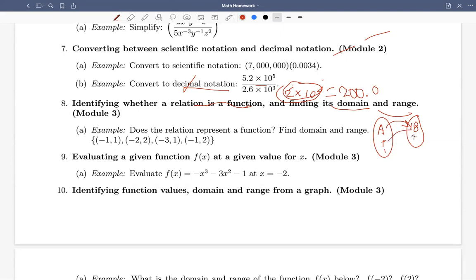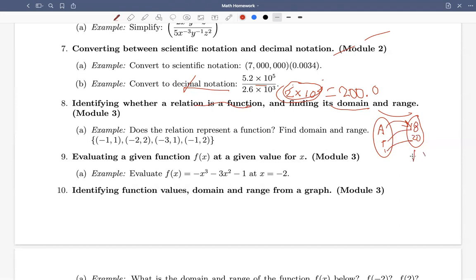And maybe someone in the class is 20 years old, and so on. But if Amy is 18, Amy cannot be 20, because everybody only has one age. So if A maps to 18, A cannot be mapped to any other number